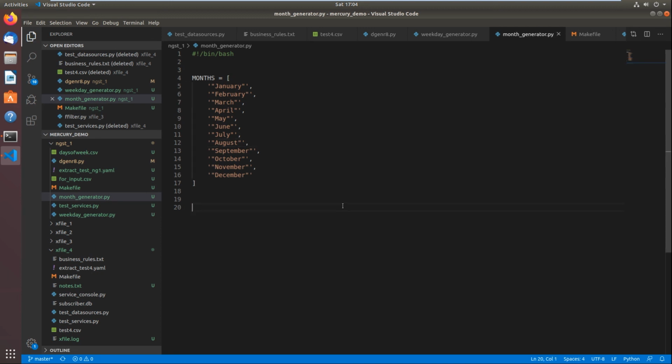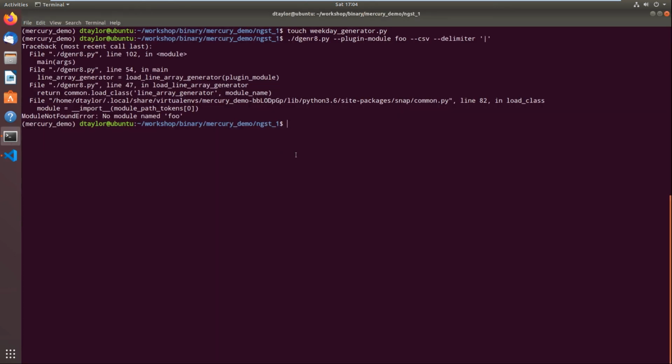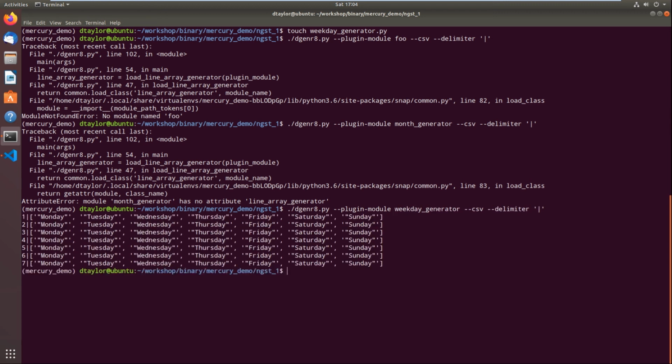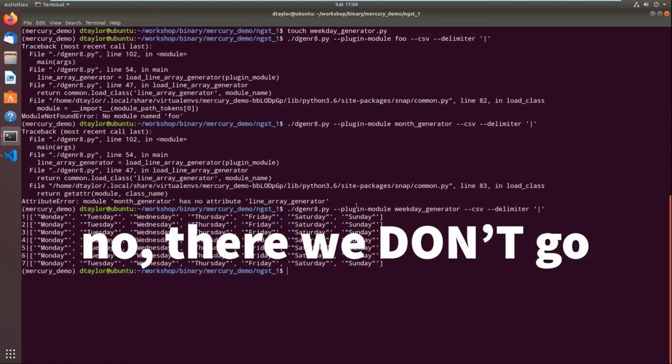Let's do that. Good. And now, I want to say plugin module month generator, right? Okay, good. That's good. Okay. Now let's point it at weekday generator. Weekday generator. There we go. Okay. Now,